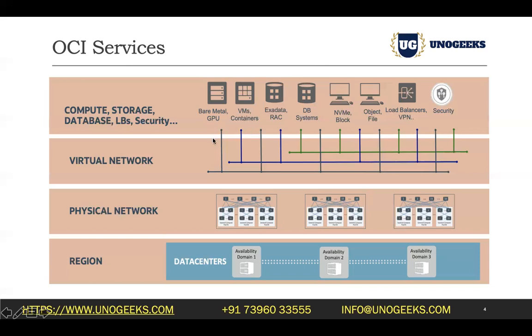And what makes OCI stand out is the off-box network virtualization that it offers. So what you could do is build a virtual network in the cloud. It's called a VCN in short. And you could launch your OCI services within the cloud on top of that virtual network, or making use of that virtual network.